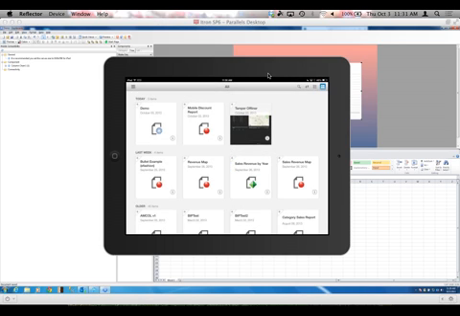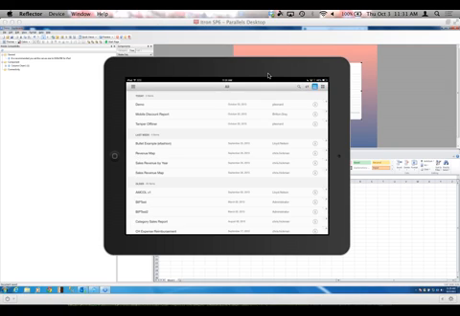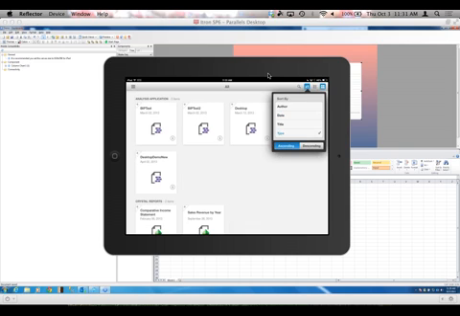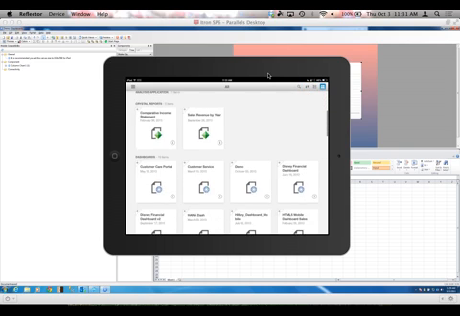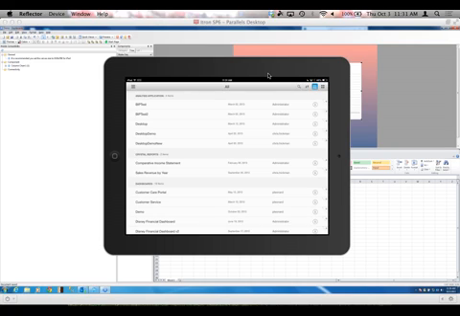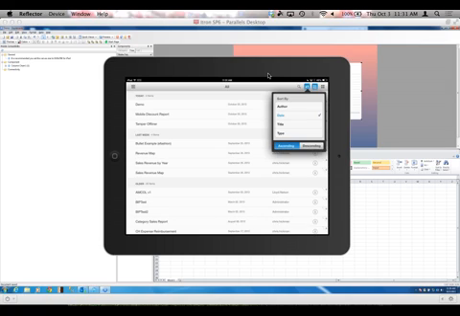All right, so it's going to take us right in here, and I like to sort mine by date. There are other various ways to sort it. We can sort it by type, and that'll get us only the dashboards that we have available. So let's go ahead and do it back by date.